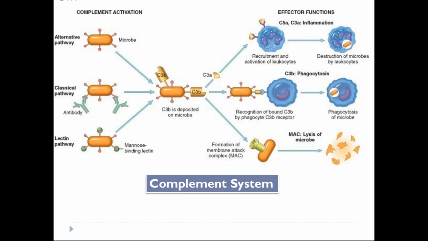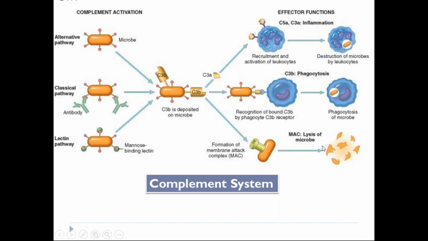Let's talk something about complement. We have three pathways regarding complement activation. One is the alternative pathway, where the microbe directly comes and activates the complement pathway. Sometimes antibodies are produced against the microbial peptides, and the classical pathway will be activated. And one more pathway is the lectin pathway. So the mannose binding lectin pathway will activate the complement, and it results in formation of a membrane attack complex,